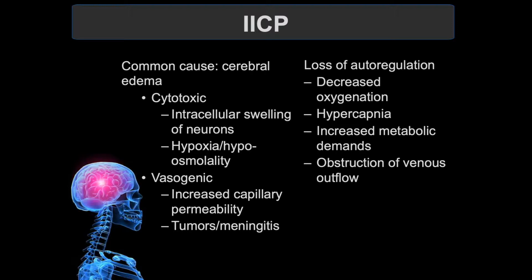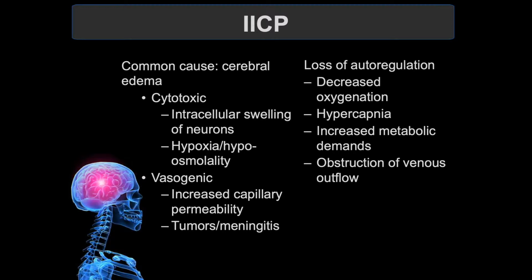There are two main types of cerebral edema: cytotoxic and vasogenic. Cytotoxic includes intracellular swelling of neurons and is caused by hypoxia or hypoosmolarity. Vasogenic has increased capillary permeability and is generally caused by tumors and meningitis. This increase in cerebral blood volume can be caused by several mechanisms: the loss of autoregulation, which provides a constant